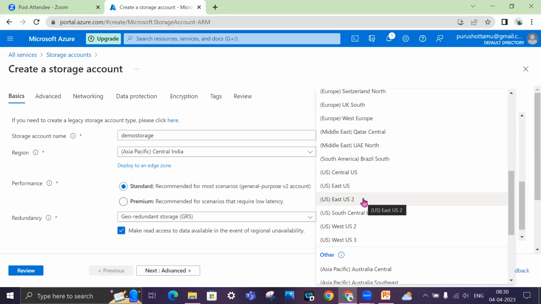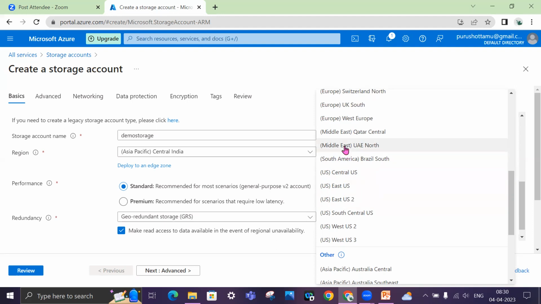See, imagine, assume that you're developing an app, right? Mostly you have customers from the US, right? So the data is going to be accessed mostly by US citizens, and their data needs to be stored at their own locale, right? So in that case you will choose a US related region.